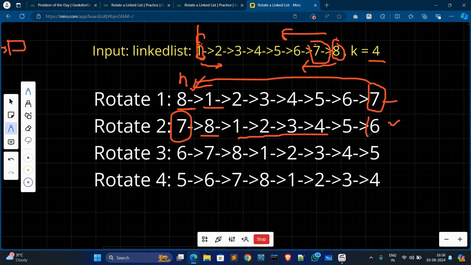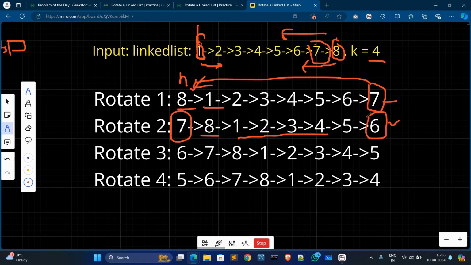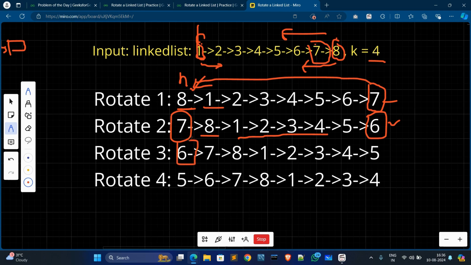And then our updated linked list is this. Now we will move the last node 6 to the first position, to the left side. Now we'll move this 7 to the second position, and this is our updated linked list. Now we'll move node 5 to the first position on the left side, and this 6 will move to the second position. And now this is our updated linked list.